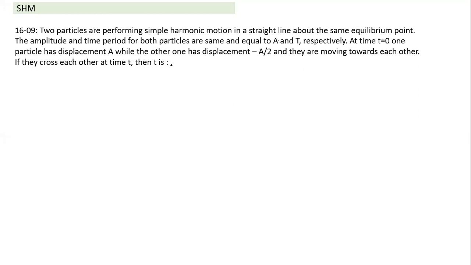In the formula, what will happen here? Not only displacement, I have to take care of velocity, and they're moving towards each other. It becomes a little more messy and takes more time. Such questions are ideally suited for solving using a phasor diagram. Can we place where these two particles are at time t equal to 0 on the phasor diagram or reference circle? If I draw a circle, can I mark the position of the two particles?